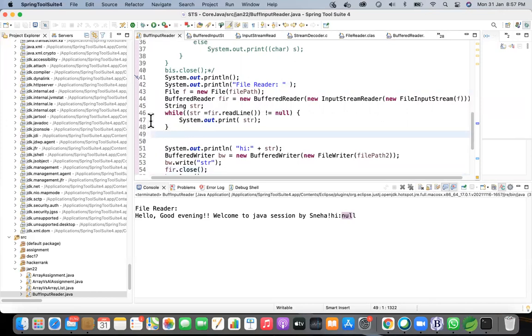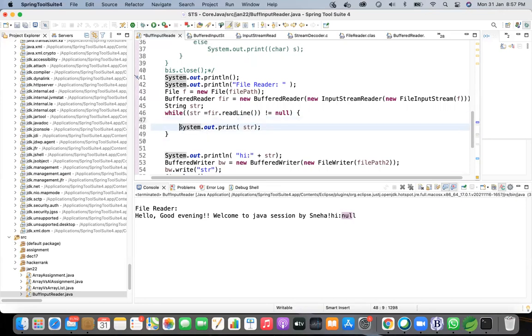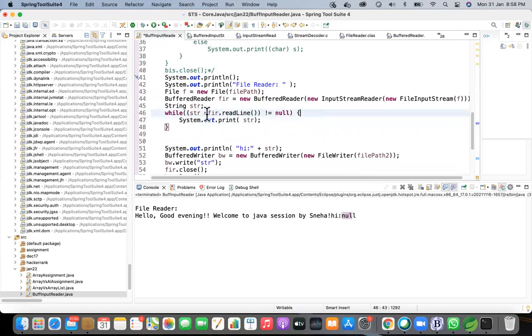Before the sysout. That will again result in null, right? We have only one line of data. If we reassign it, it will. No, I just want you to take the entire data with fr.readline. Like in line number 45 itself, you just have str equal to fr.readline. Okay, outside. Yeah.